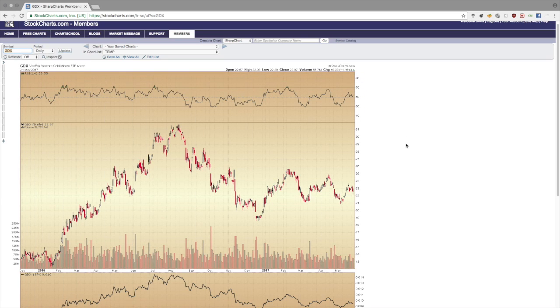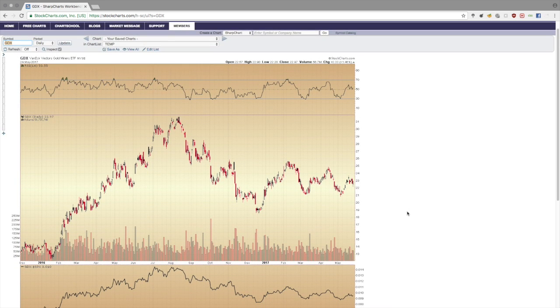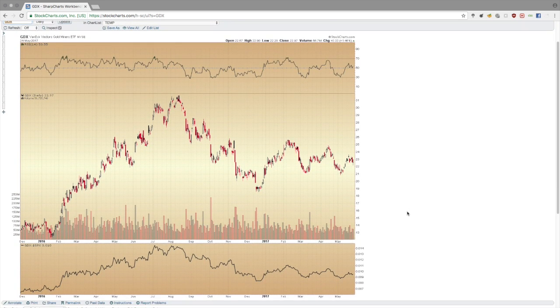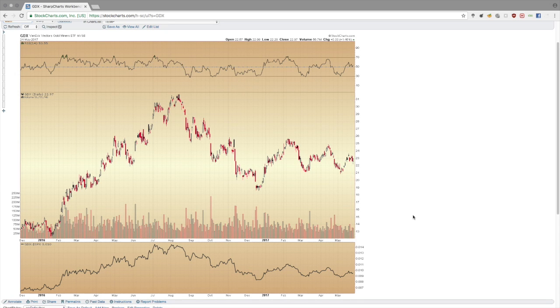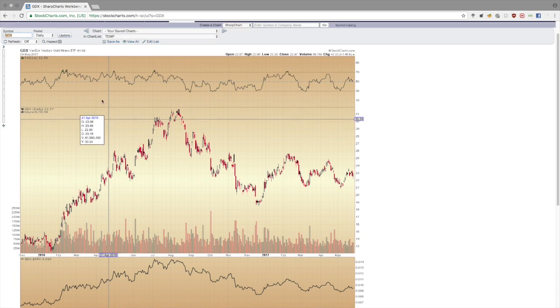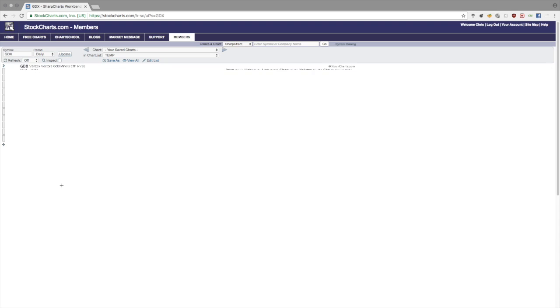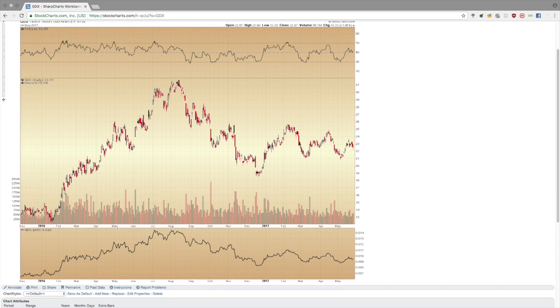Anyway, here we are looking at the GDX, and we are looking at this over the last 18 months. This is sort of my default view. And just so you have a sense of what is happening here, so let me get rid of this, inspect. So the price of the GDX fund, this is a stock, it's an ETF, and this trades on the exchanges just like any other stock would.